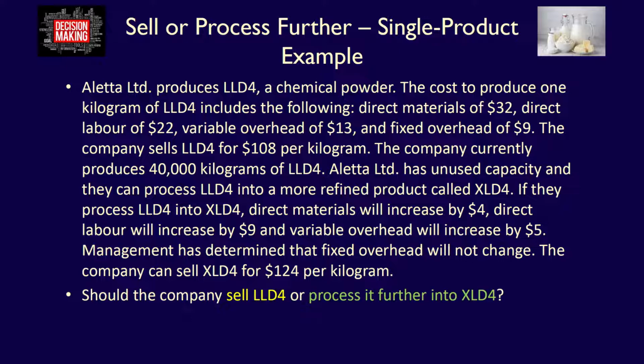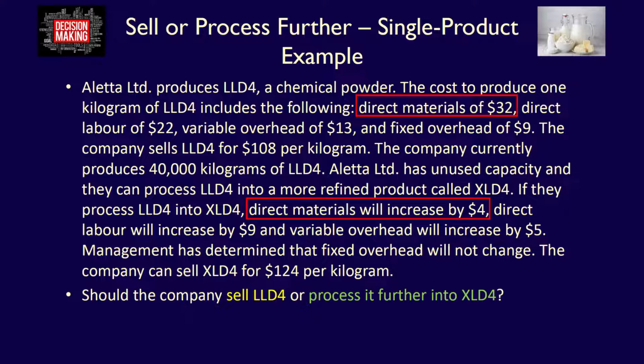Step 1 is to explicitly state the alternatives. In this case, the alternatives are either to sell LLD4 as is or to process it further into XLD4. Step 2 is to determine which costs are relevant. Remember that relevant costs are the ones that change between alternatives and happen in the future. Let's analyze each revenue and cost individually and then indicate if it applies to the sell or process further option. We'll highlight the revenues and costs for LLD4 in yellow and the revenue and costs to process into XLD4 in